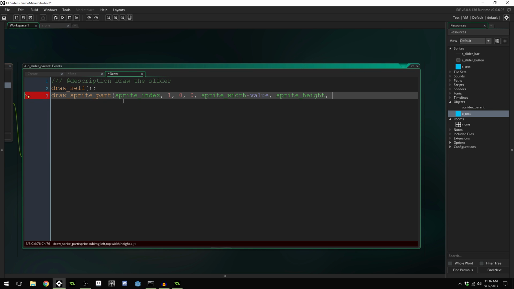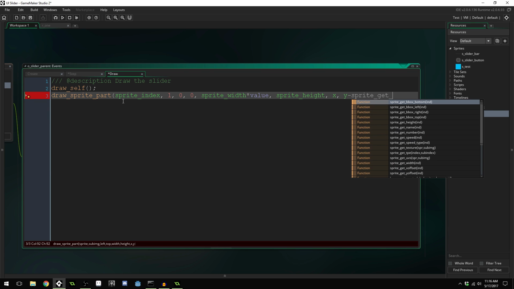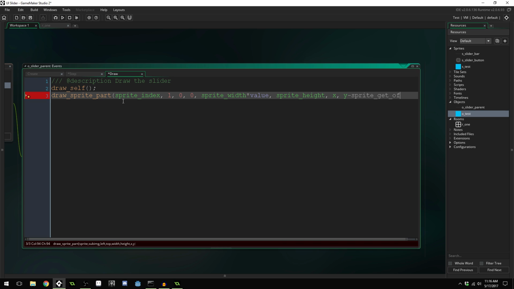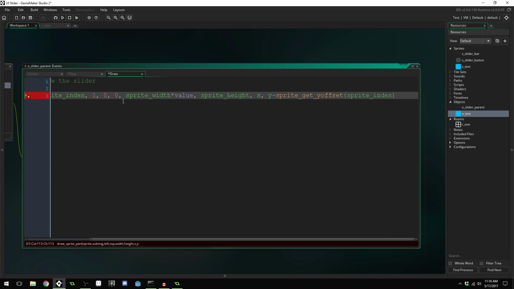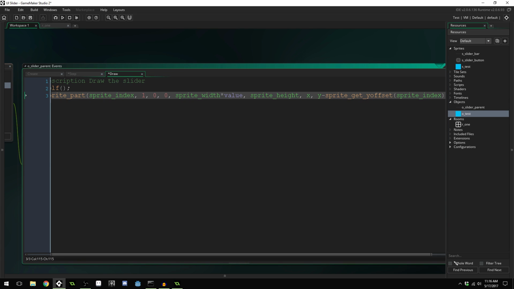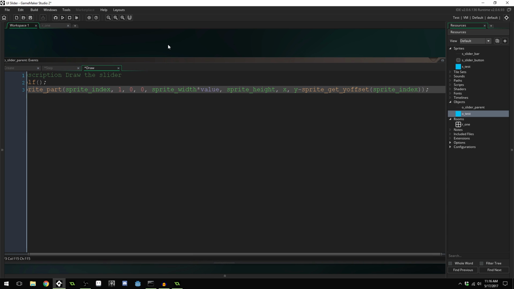The x that we're going to draw this at is going to be x, and the y we're going to draw this at is going to be y minus sprite_get_yoffset(sprite_index);